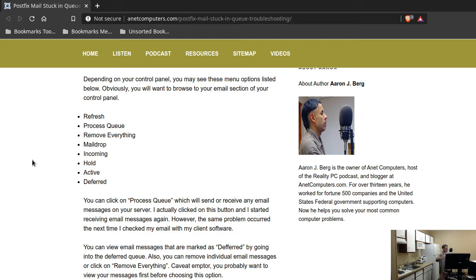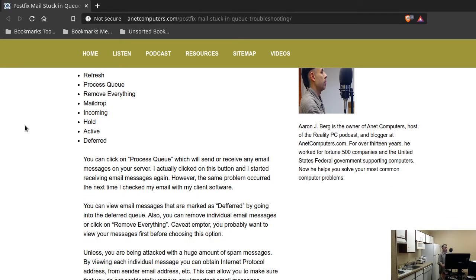I'm not going to go into detail on every single option because that would be a very long video. What you can do to quickly troubleshoot is try to click on the process queue. That is a manual way that tells your Postfix email server to start getting off its lazy ass,